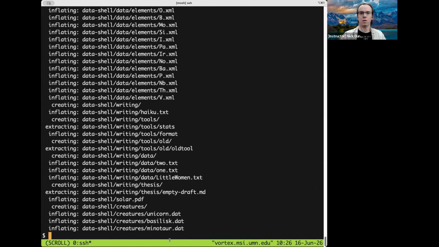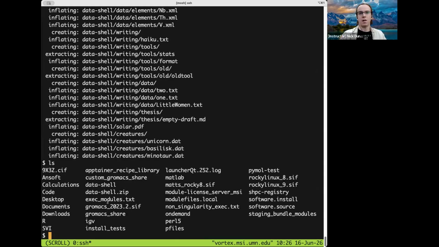And this will give me an indication of the contents that are being inflated into this directory called datashell. By ls, I see not only do I have a datashell.zip, I have this other entity here, which I know to be a directory called datashell. And among other things, this contains a data set from a fictitious marine biologist, Nell Nemo, who we're saying has just returned from a 6-month survey of the North Pacific gyre, sampling gelatinous marine life in the Great Pacific Garbage Patch. Our fictitious data set here has almost 1,600 samples that Nell has run through an assay machine to measure